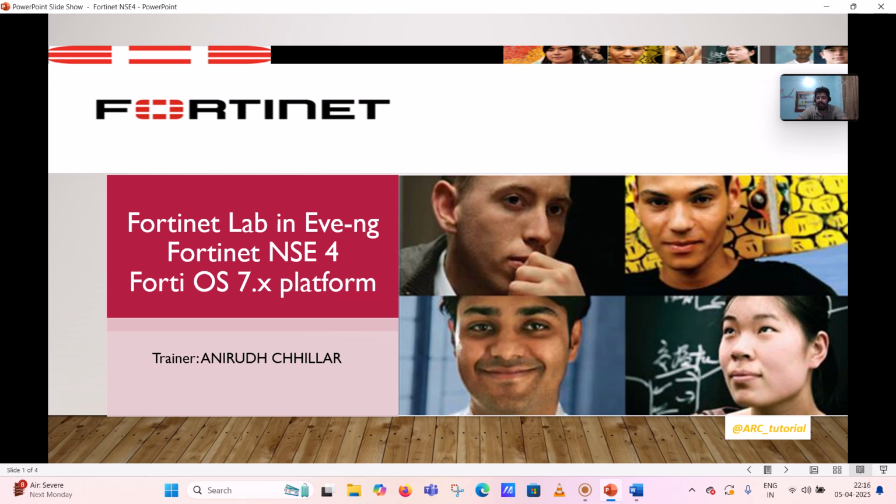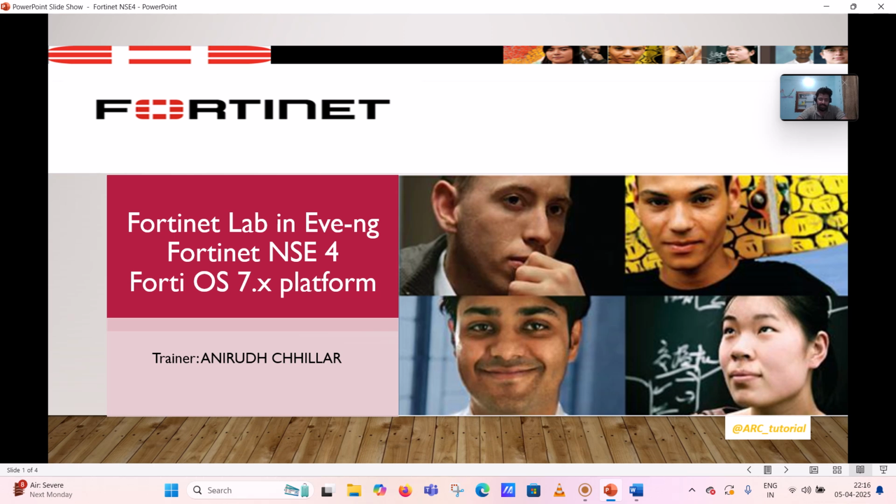and this lab will have a lot of devices like the Fortinet firewalls, maybe some FortiManager, and we have some Linux machines, Cisco L2 and L3 devices, Cisco IOL devices to be specific. Then we have some Windows machines that can act as users. Then we have some Linux machines and we're going to create some management cloud to make a whole topology. So how the actual work can happen using the Fortinet firewall in a live environment or live scenarios, that's what we